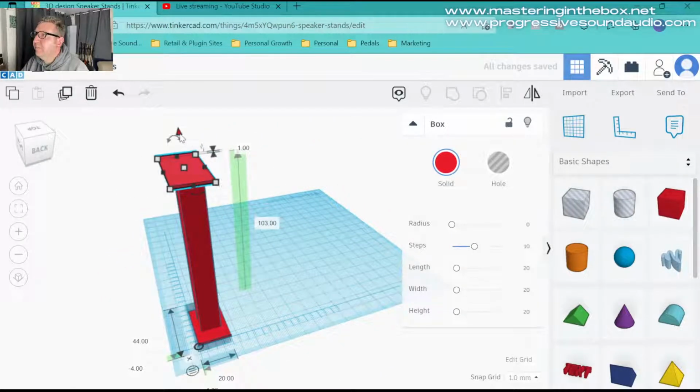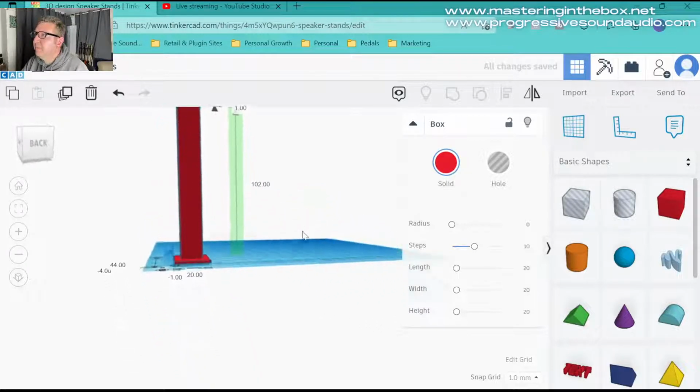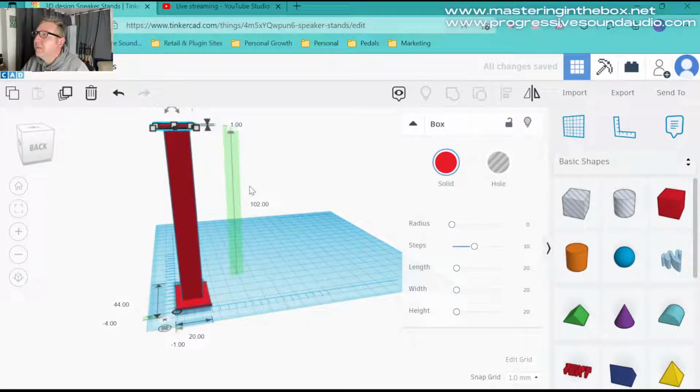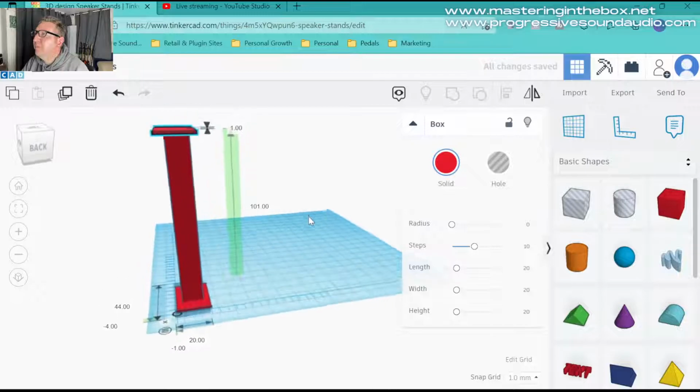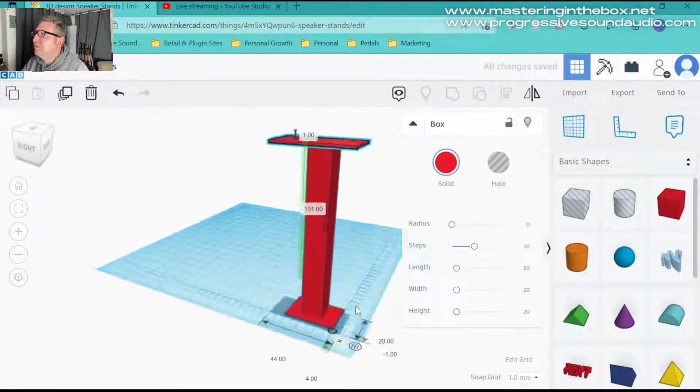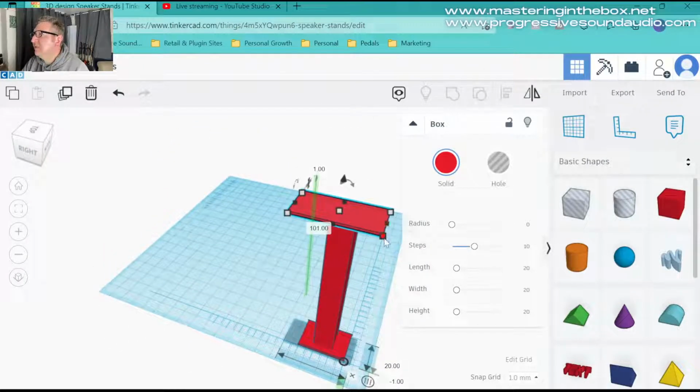And then we can drop that down. So that's 102, there, 101. And then what I just need to do is quickly resize this. So this section here, there, that can go there,